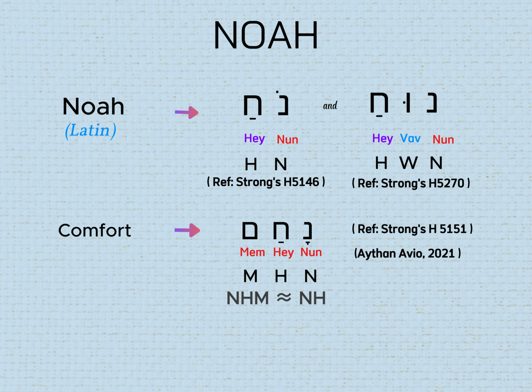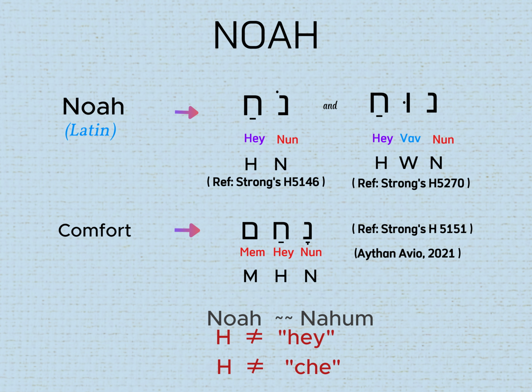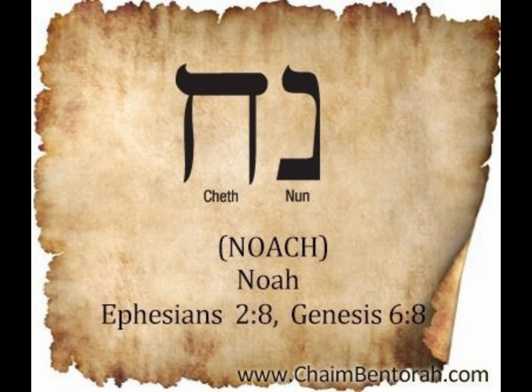Many others, including Tarragan, support this view, adding that the name Noah is said to be in close proximity in meaning to Nahum. These scholars also agree that the sound represented by the H is neither hey as in heaven nor k as in chemistry, but lies between these two sounds. Because of this, the modern Hebrew concept replaces the end hey with a shet, believing that the sound produced by the shet lies between hey and k.